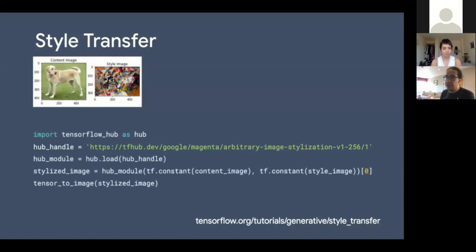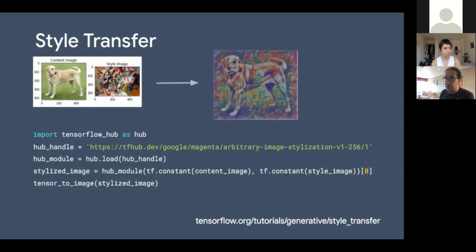So here, you just do import TensorFlow Hub. Of course, we have a library, and you give the handle to the library and load it. So from the third line, the Hub module, we will already have the fully loaded model for you. And it's cached. You can keep doing this 10 times in a row. Only the first time will it download; you won't download anything else after that. And then you just take this module, give it the content image and the style image, and it will give you the stylized image, which would be something like that. And that's it. That's how you use the TensorFlow Hub library. You just need the handle and to load the model.